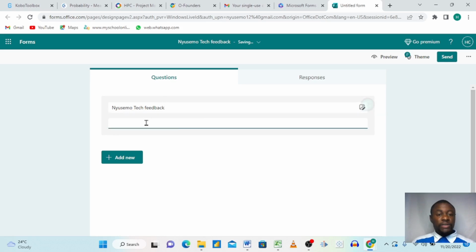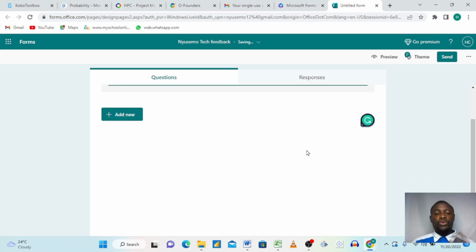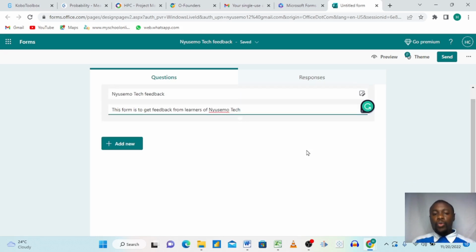And then it says we should give the description of this form. This form is to get feedback from learners of Nusemo Tech. It means everyone who is learning with us who we want to get feedback from. This is just information that you want to let them know why you are creating